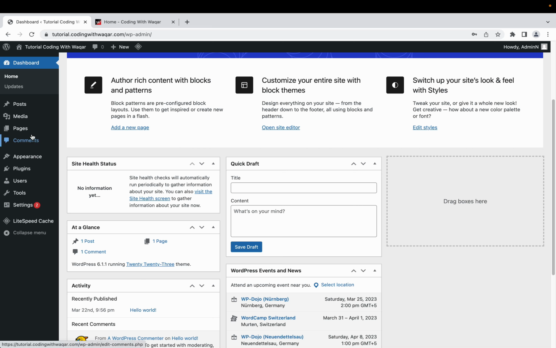In pages, this section allows you to create and manage your website's static pages such as the about page, contact page and other pages. You can add new pages, edit existing ones and organize them into hierarchies. If your website is a WooCommerce or e-commerce website, then there will also be pages like a cart page, shop page